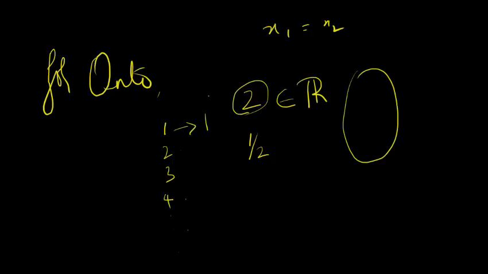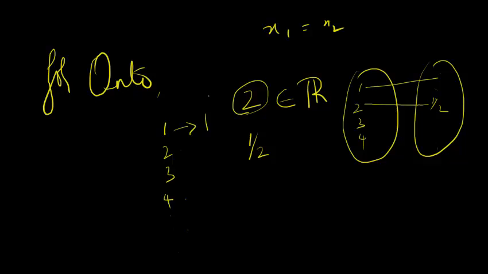So here I have 1, 2, 3, 4, and here I'll have every decimal, everything involved in this. Now 1 will get connected to 1, but 2 will get connected to 1 over 2. 3 will get connected to 1 over 3. Now what about a number something like